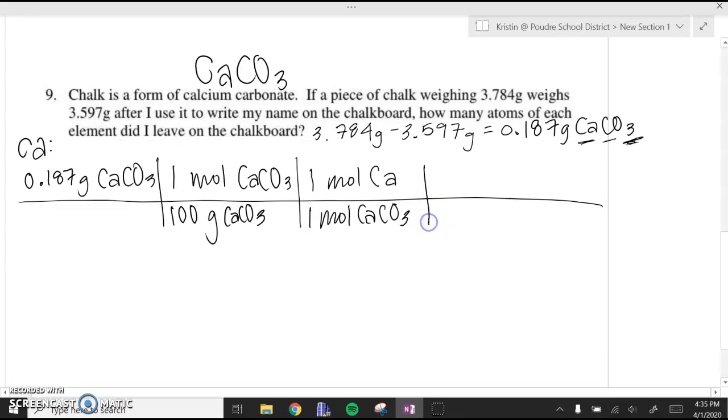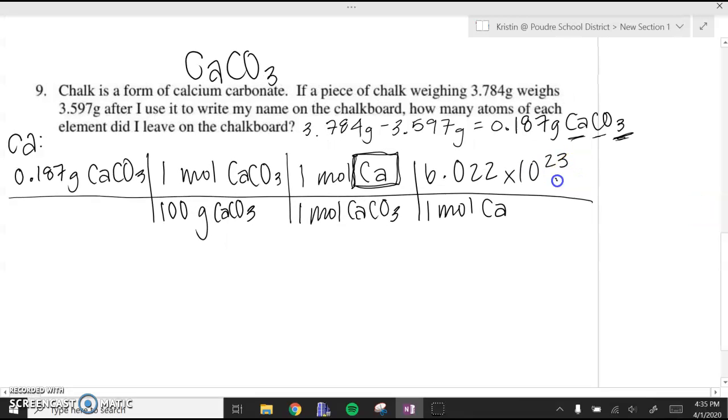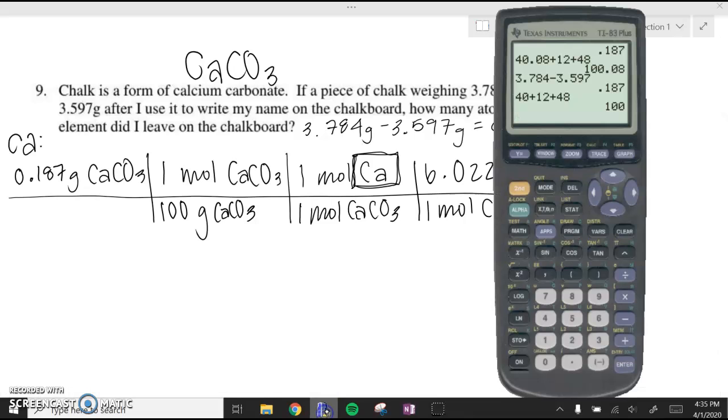Now that I am dealing in calcium, which is a single atom, I can use Avogadro's number to say 1 mole of calcium is 6.022 times 10 to the 23rd atoms of calcium, right? And so then we can do the math for that. So we have that difference that we found for the mass of the chalk times 1 times